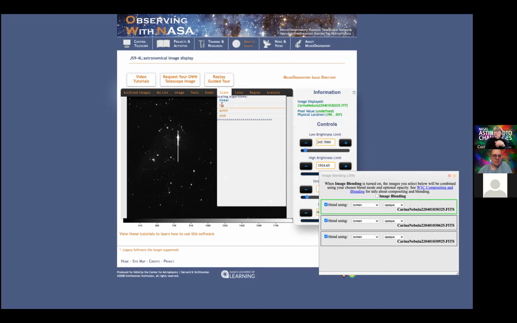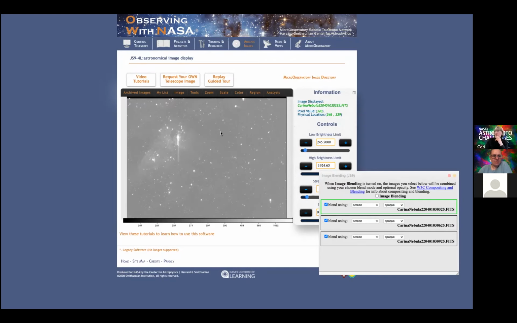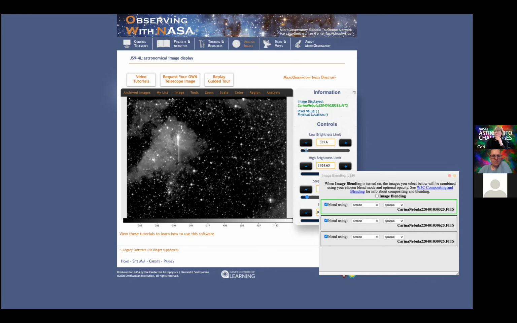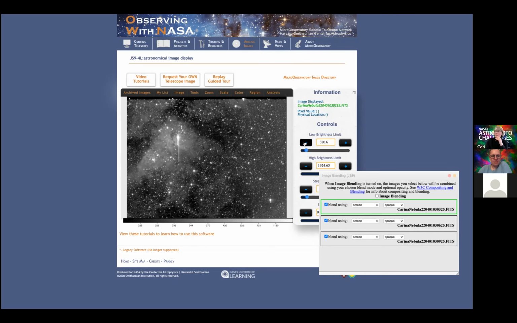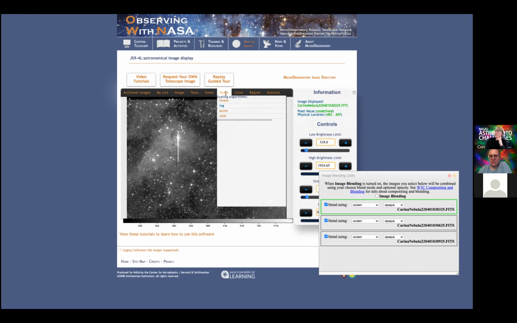You can view some of these tutorials and find how easy it is to start to enhance this image. I'm just going to do it quickly here. So you can see here's that Carina Nebula. It's kind of upside down from the way we've been seeing it. You can colorize it